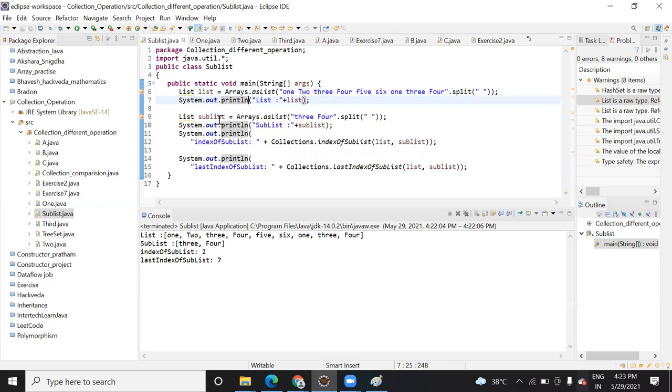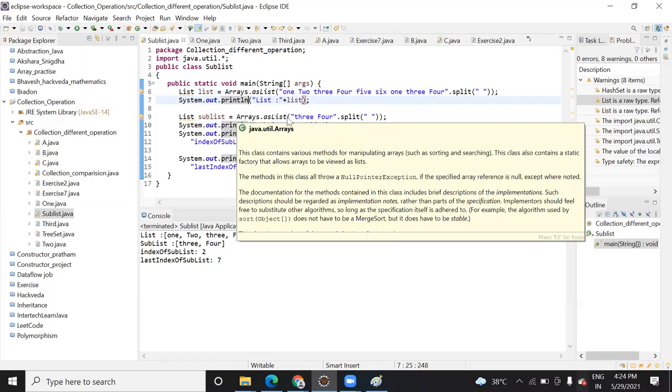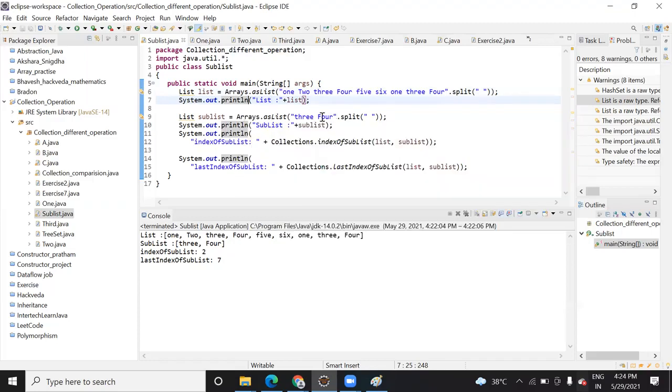So you have come to know about one more method, that is asList. Now you have created another one, sublist and Arrays.asList, and you created these two elements. Again you have split it based on the space, and created these two elements as a list, and you have printed it just like you printed this. Can we split on the basis of words also?